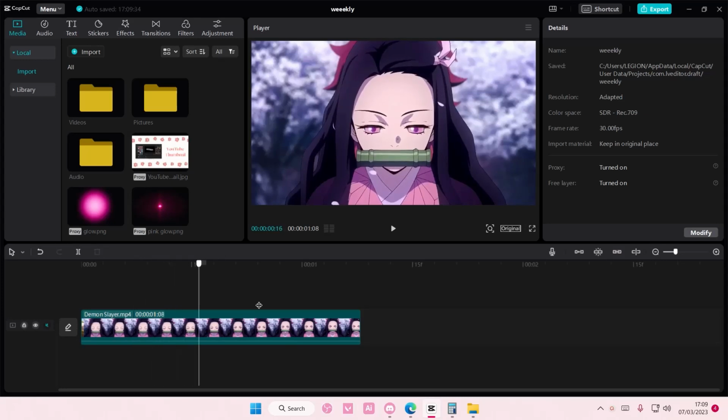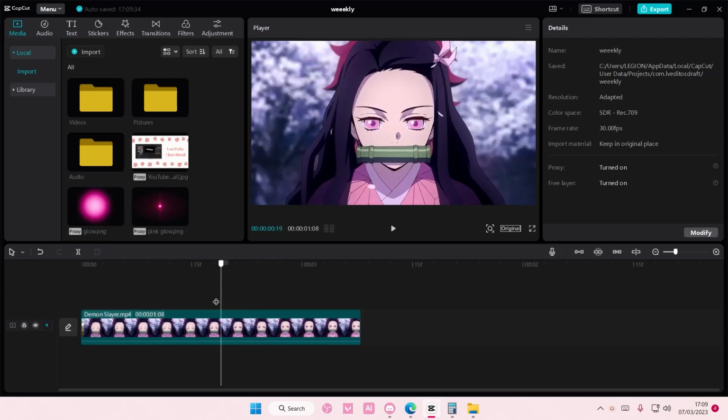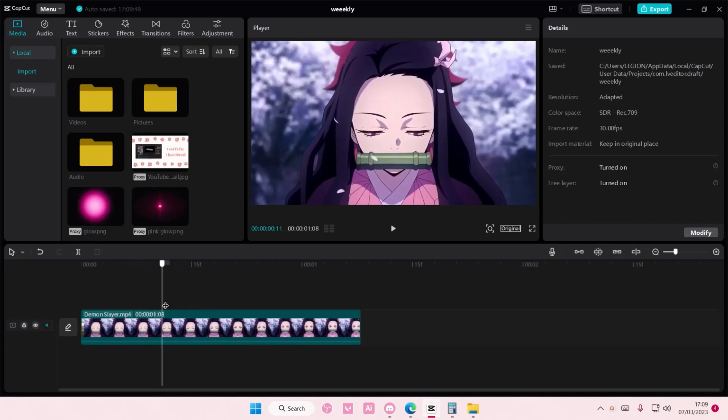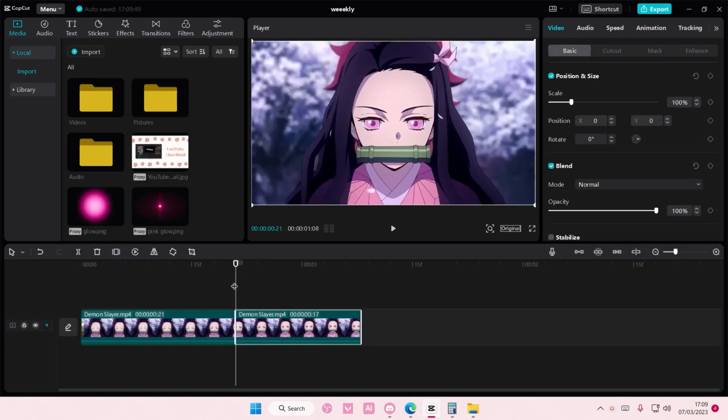In this video I'll be showing you guys how you can create the repetition kind of glitch video effect on CapCut PC. Super simple. You're just going to select a part, for instance like this one to this, or just adjust which one you want. I'm just going to start from here to here, so it's pretty short. You're just going to split it here to here,